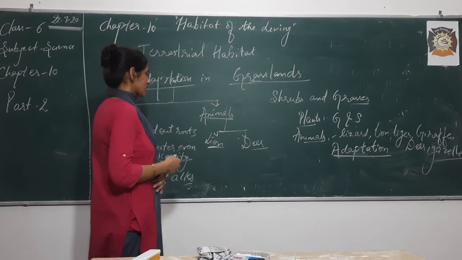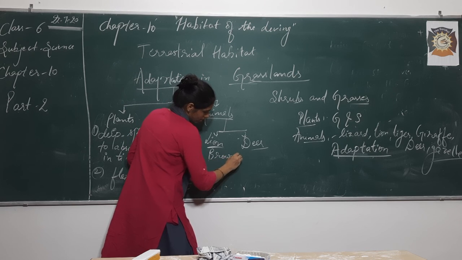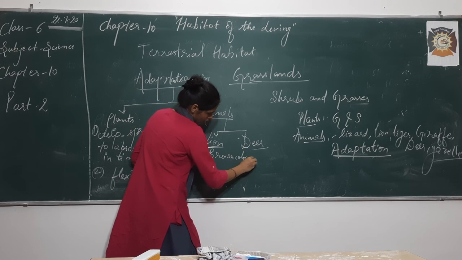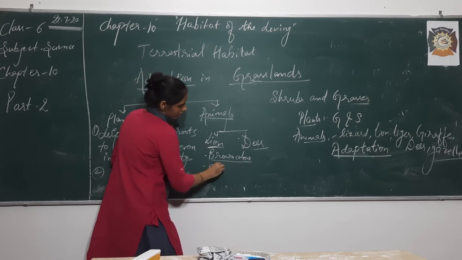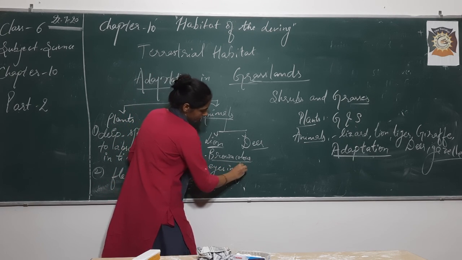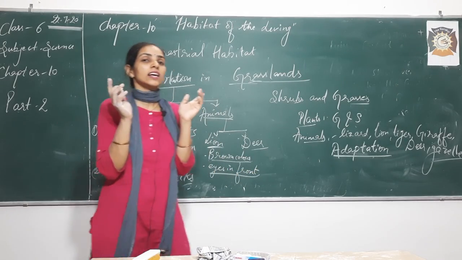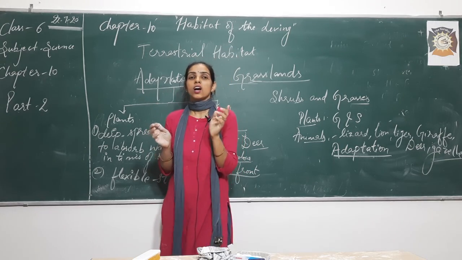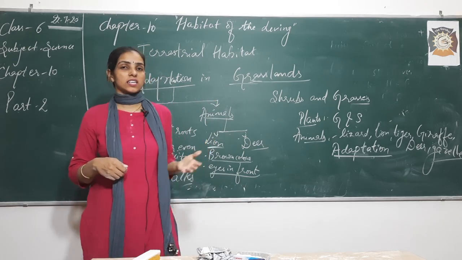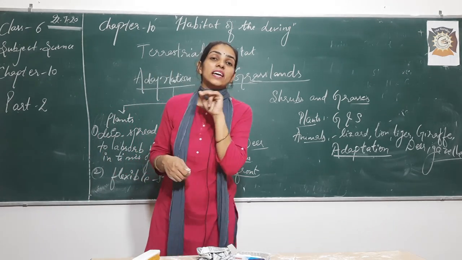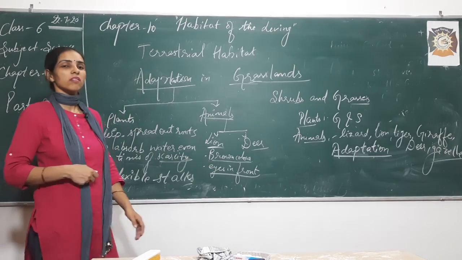Next, lion is having brown color to hide itself from its prey, right? Next, they are having eyes in front. Why? So that they can keep a check where their prey is running, in which direction it's going. So just to keep an eagle eye on its prey, it is gifted with eyes in front,